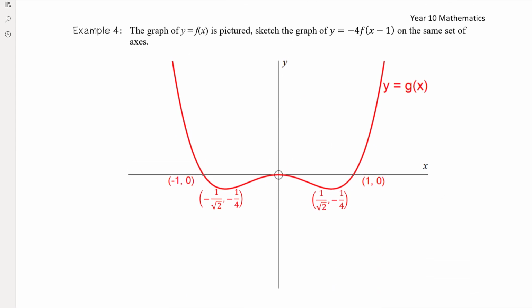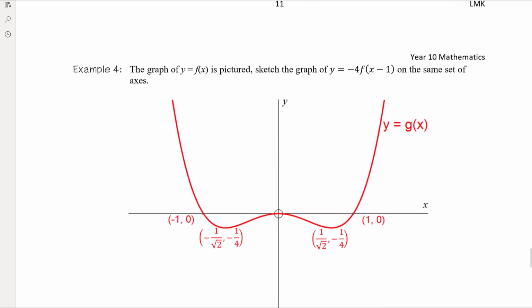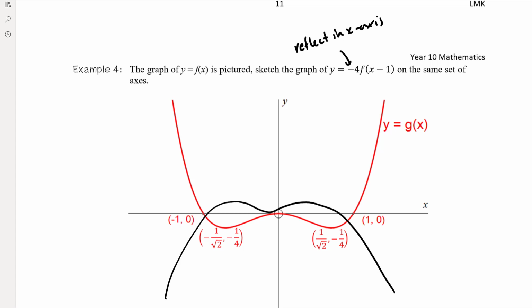Right, example 4. We've got the graph of y equals f of x pictured. Sketch the graph of y equals -4 times f of x minus 1. Okay, reflect in the x-axis, the negative out the front. So that's going to mean the graph goes this way. Then we're going to dilate by 4